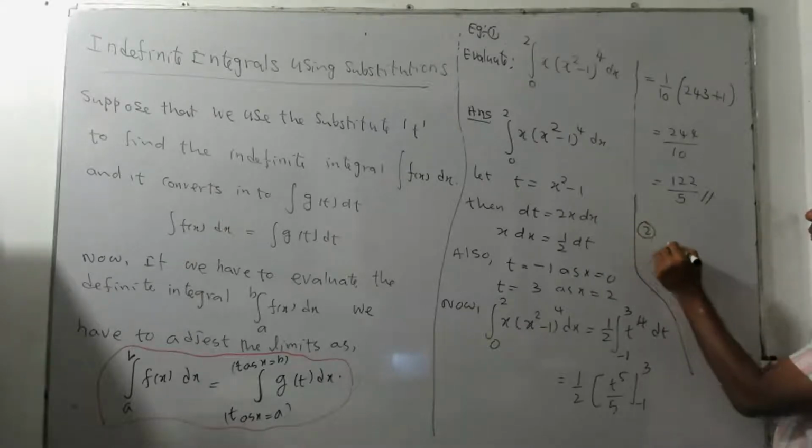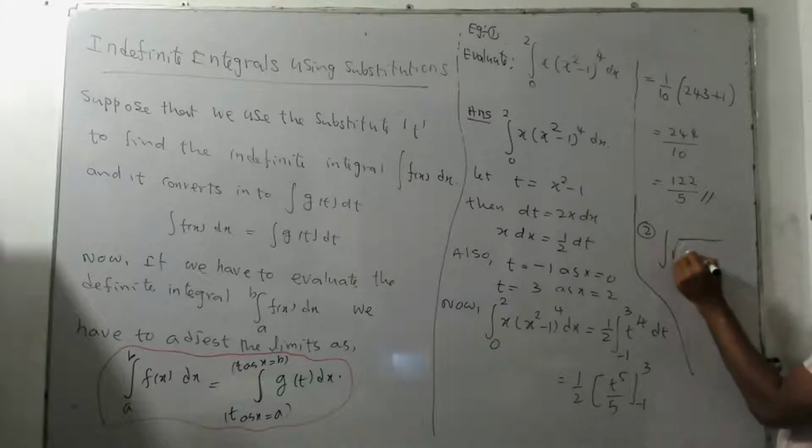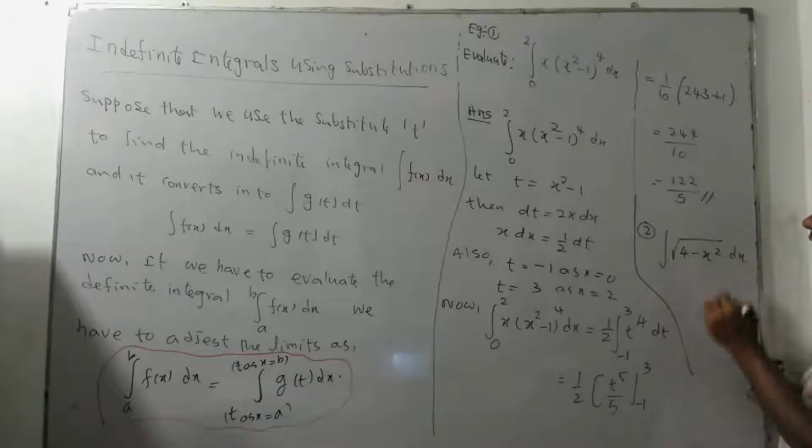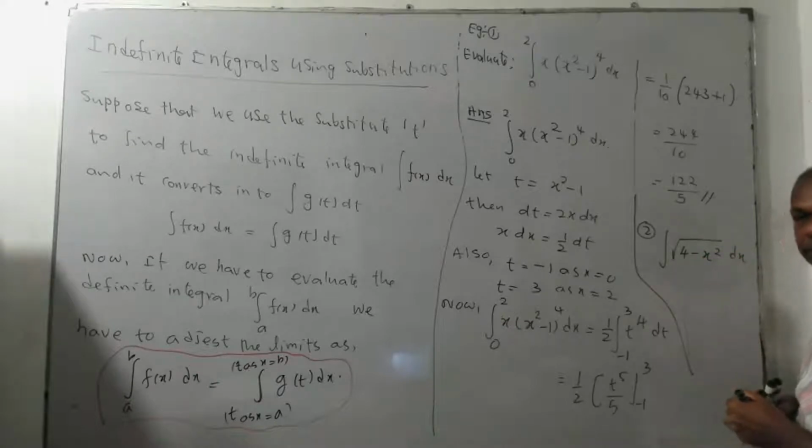Example 2, find, say, the integral of root of 4 minus x squared dx as x goes from